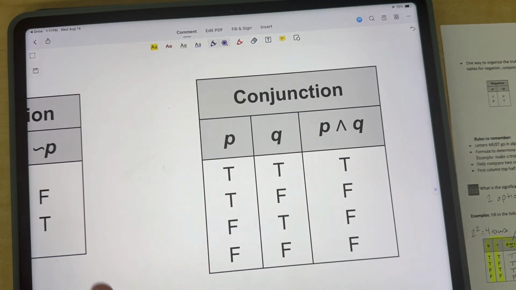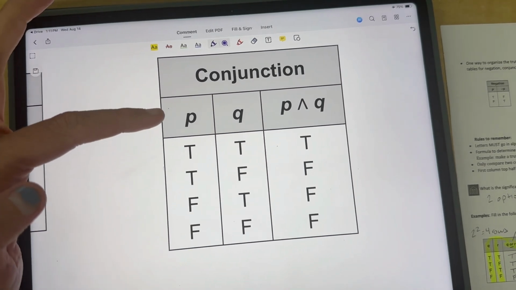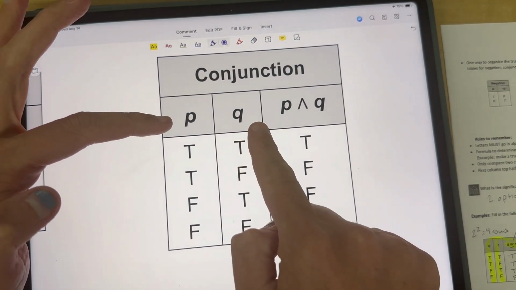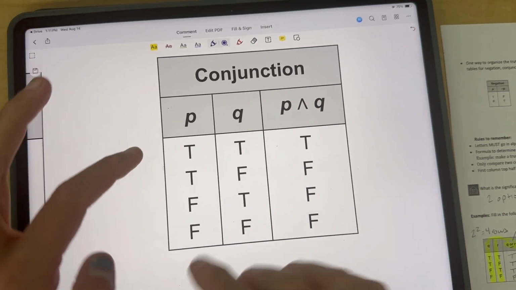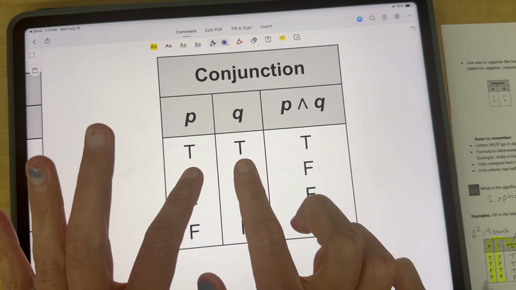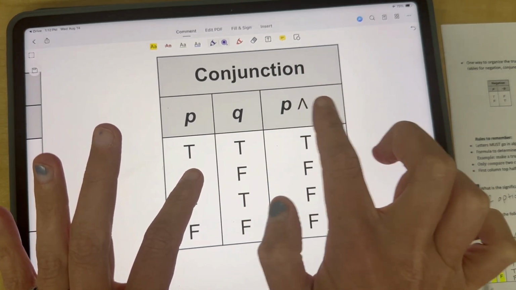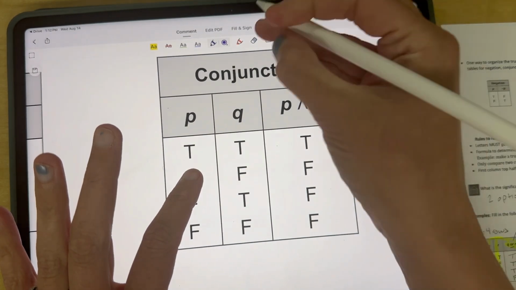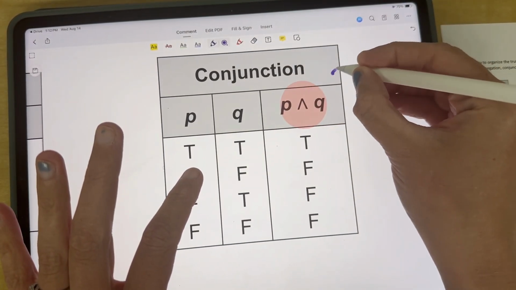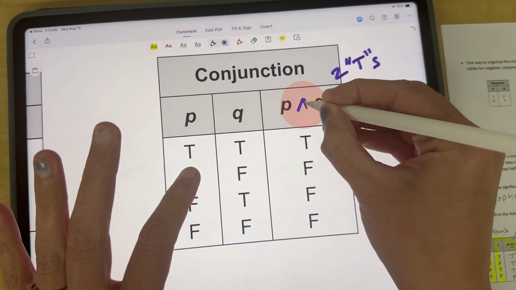Okay, this is where it gets a little tricky. Now I'm going to give you two statements, okay? The sky is blue right now. I own a red car. So what happens is both statements can be true. The sky could be blue. I could own a red car, right? And remember, for an and, both things need to be true. You need two T's for it to be true, because it's an and.